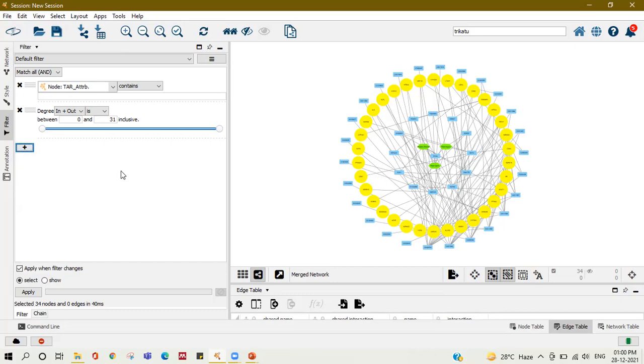So let's find out how many targets are associated with a particular bioactive. If I want to see or filter the data as per the bioactives, then these are the in nodes of the target nodes. Then I'm going to select in nodes. The Boolean operator is yes, and I'm going to just drag this,